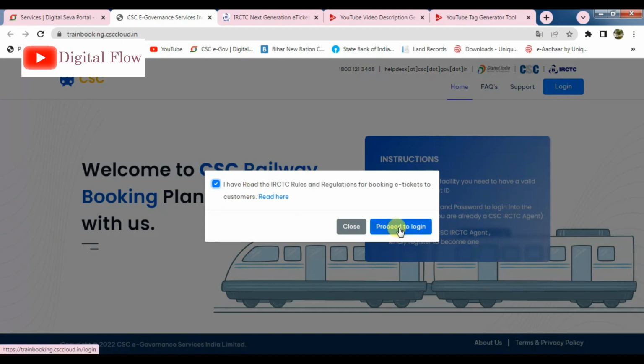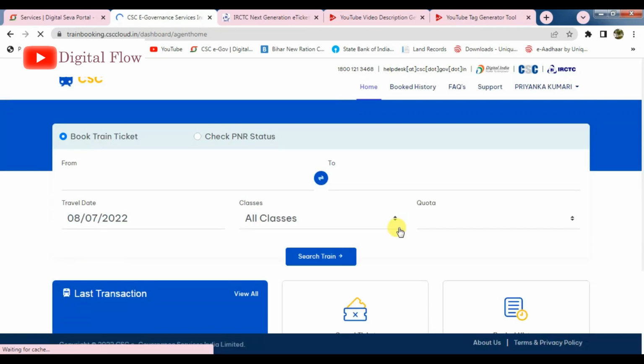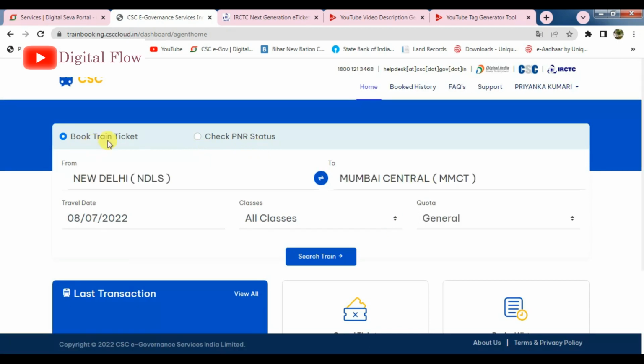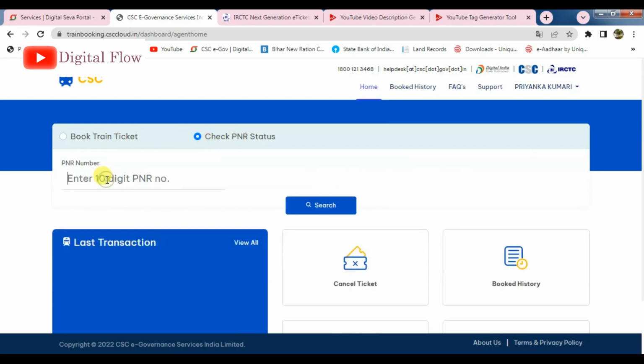After proceeding we will successfully log into the portal. Here two options are showing: one is book train tickets and the other is check PNR status. Here you can also check the PNR status. We have to put the 10 digit PNR number, then click on search, and you will find the status of your PNR number.